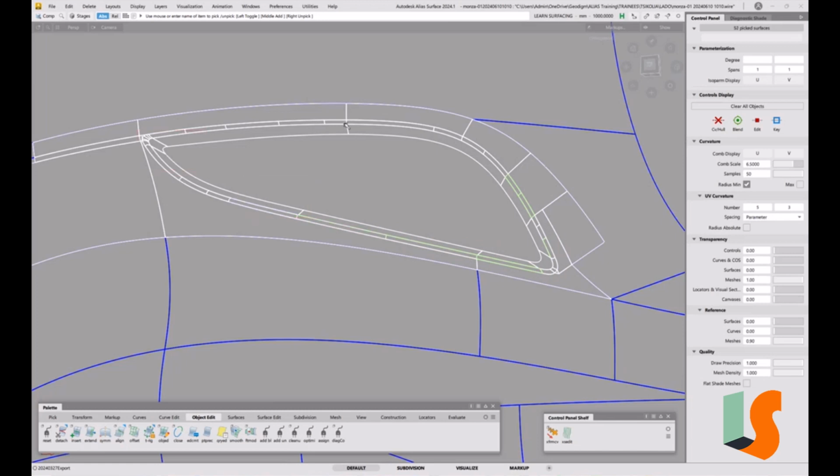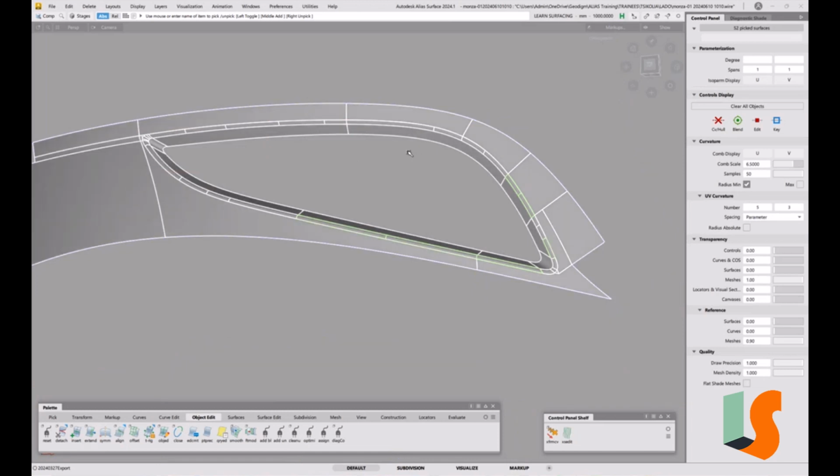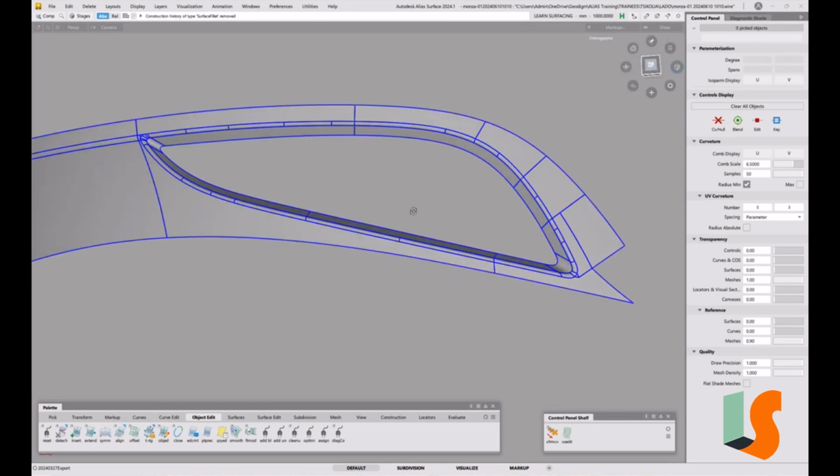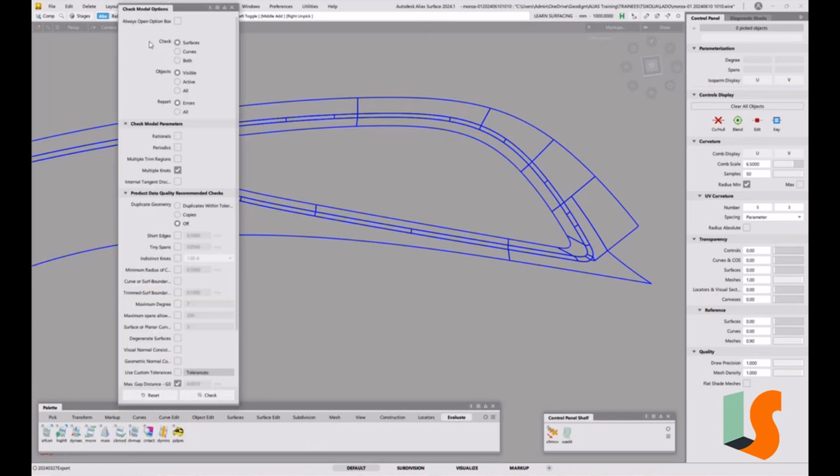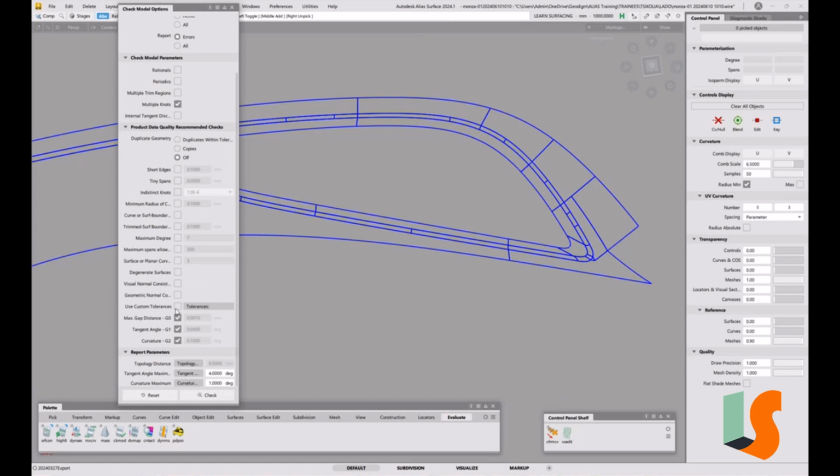Now we've got to that point, just check we've got everything, delete history, just to make sure that we don't have that on, and then we can do a check mod on that whole thing. So we've got tolerances the same as we've specified before. So now if we do a check on there,